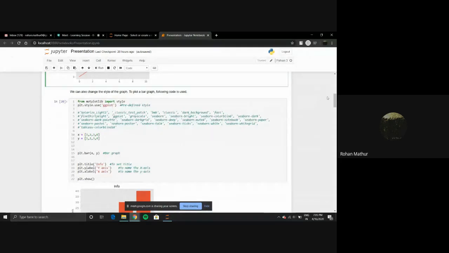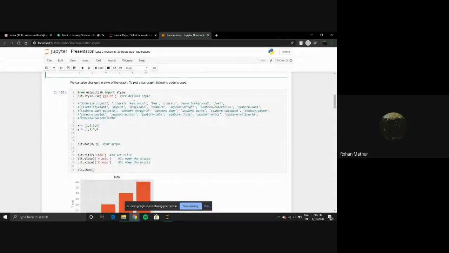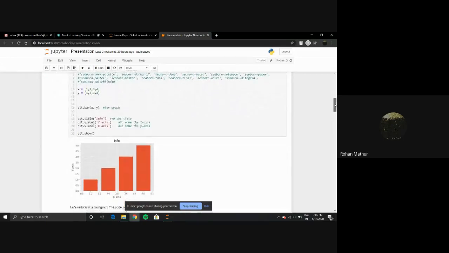This is one of the most widely used plots. And here I've listed some other different styles for Matplotlib. Here we have all these types of styles which you can use. Matplotlib also gives you an option to define your own style as well, although we won't be looking at that here. But there are methods to change your style and customize it however you want.